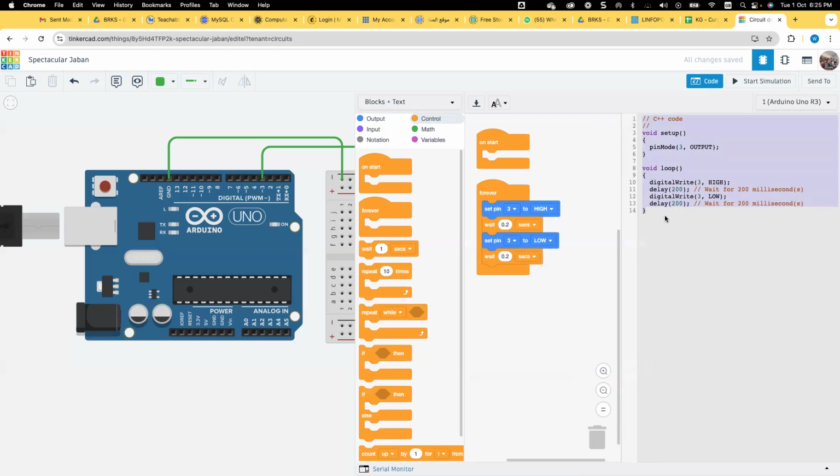Again, that's so easy. It's really easy. It's copy paste exactly to the main program. So you copy, you go to the Arduino project, and you paste. It's really easy for you to manipulate.